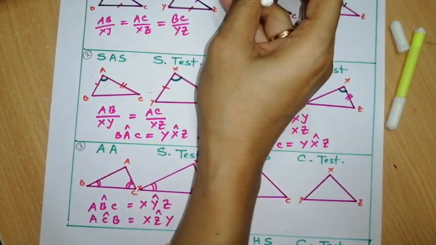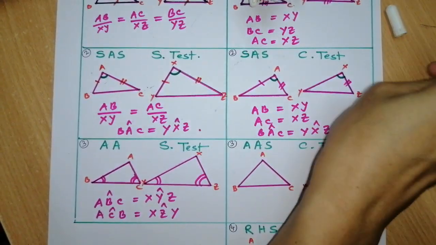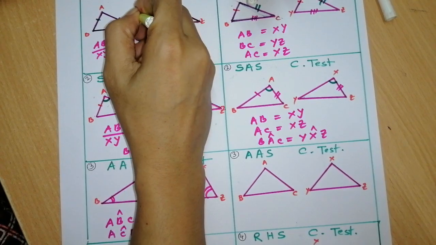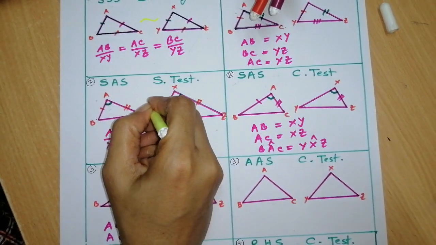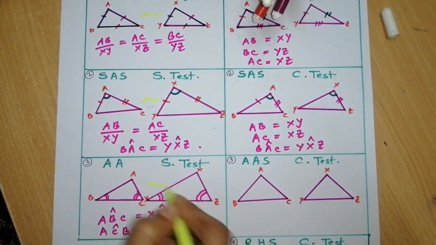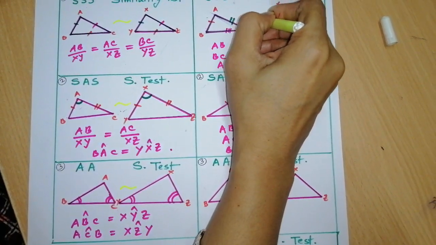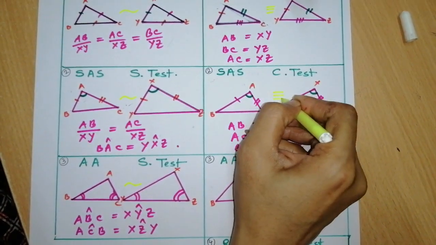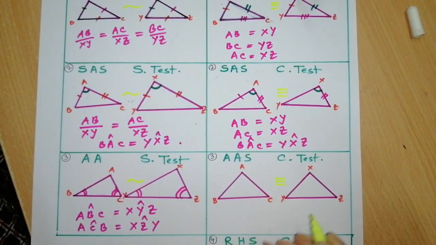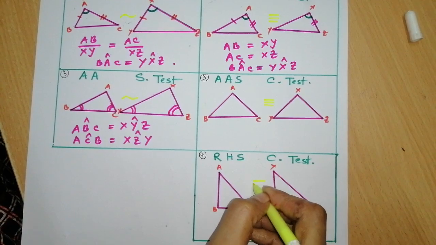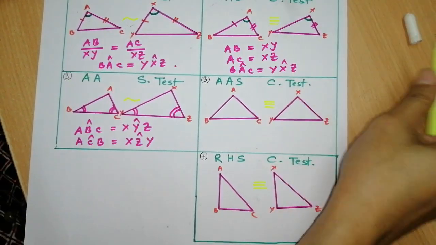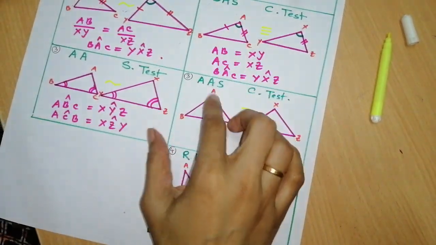And I should use the squiggle sign here. They are similar and they are congruent. Four congruence tests. And now in 3,